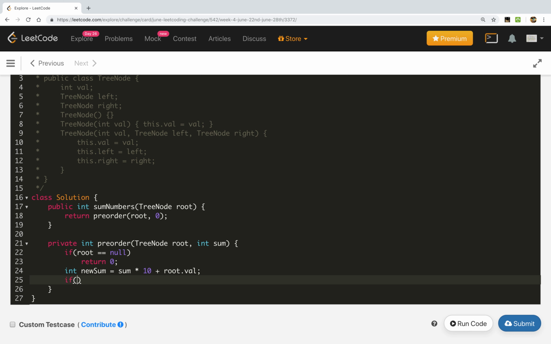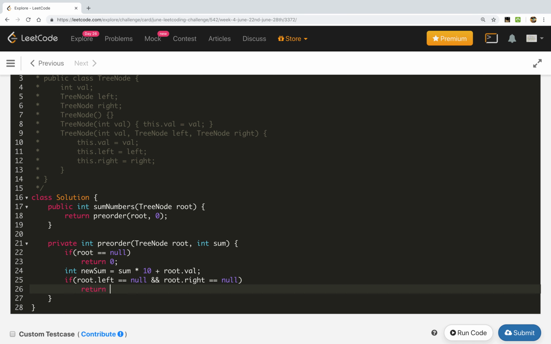Then we check if root dot left is null and root dot right is null. If it is a leaf node, then we simply return newSum.